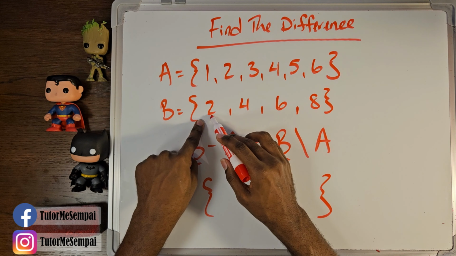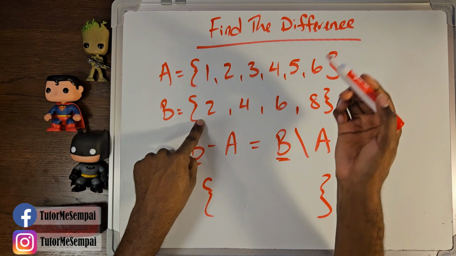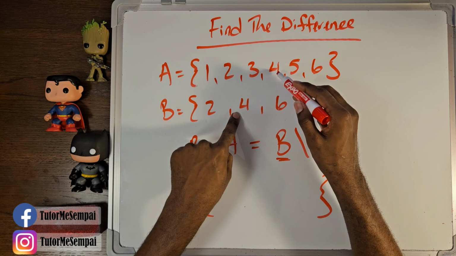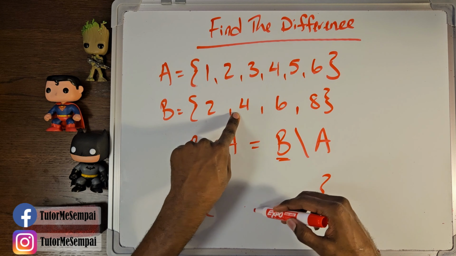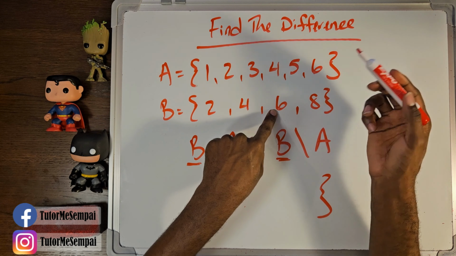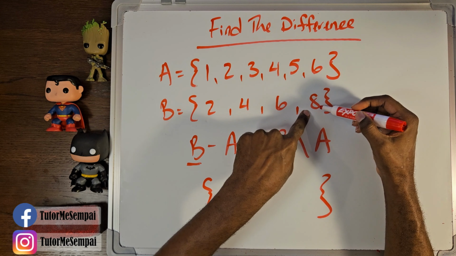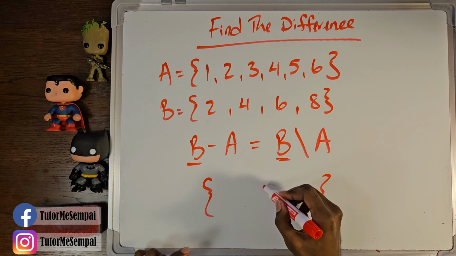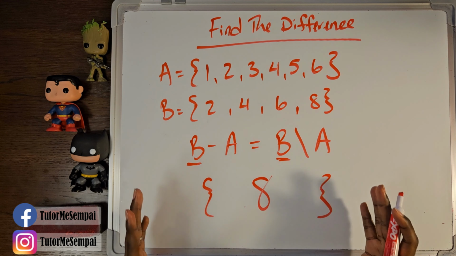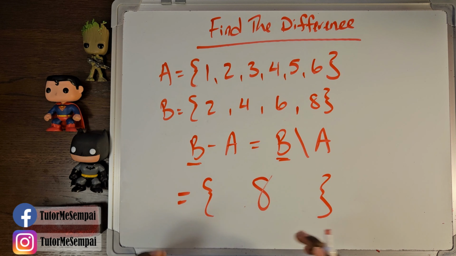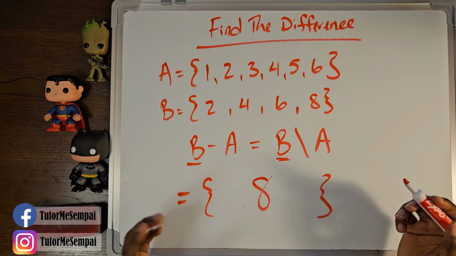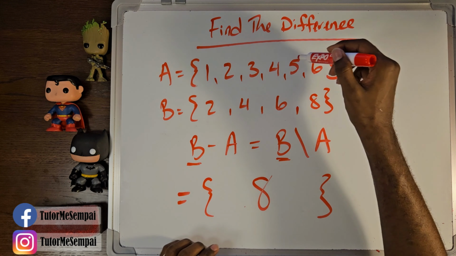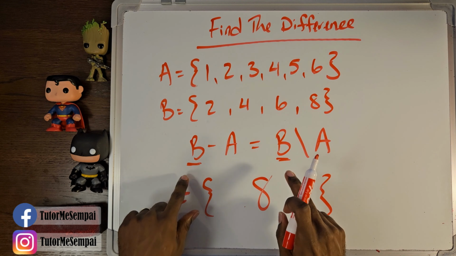So is 2 in A? Yes, so we don't write it. Is 4 in A? Yes, so we don't write it. Is 6 in A? Yes, so we don't write it. Is 8 in A? No, so we can write it. So this is going to be our result. The set 8. Notice that we didn't look at 1, 3, or 5 in this case because our leading set